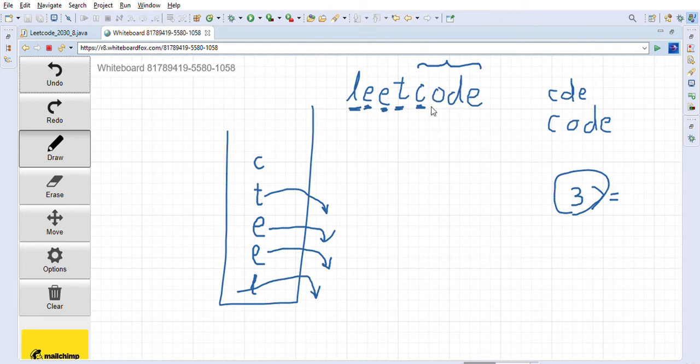Now we have c, right? Then we go and we are checking at o. O is bigger than c, so we will just add it, right? And after that we are checking here at d, right? D. So d is smaller than o, right? So d is smaller than o, so we have to remove the o from the stack. So o will go out of the stack and d will be inserted into the stack, right? D will be inserted. So now c is there, d is there on the stack, o is out now, right? Because o is bigger than d.